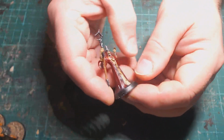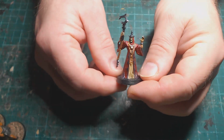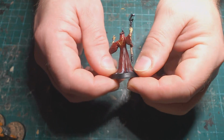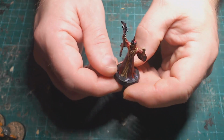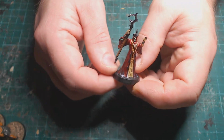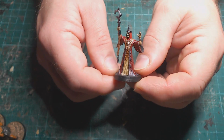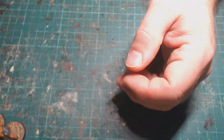I'm quite happy with what I painted up this month. So then I believe this guy is the last of my Hero Quest miniatures. I've finally painted up the base box, and I will show it off at some point, although I do have some furniture still to paint up, which, you know, is a bit of a pain. But yeah, this guy turned out really quite nice, again using a mixture of the contrast paint from Army Painter